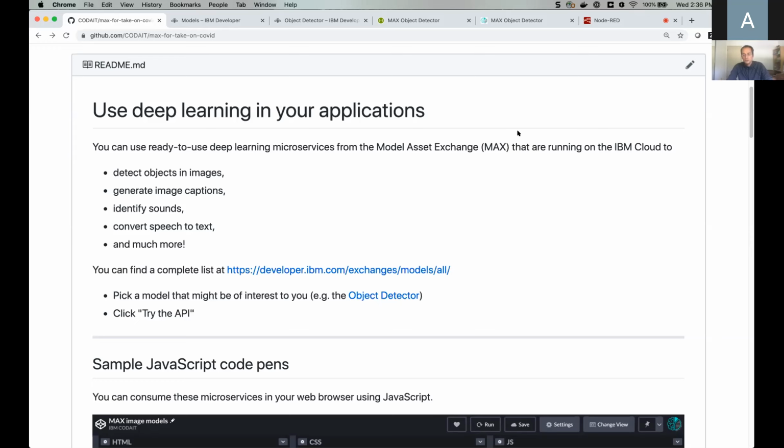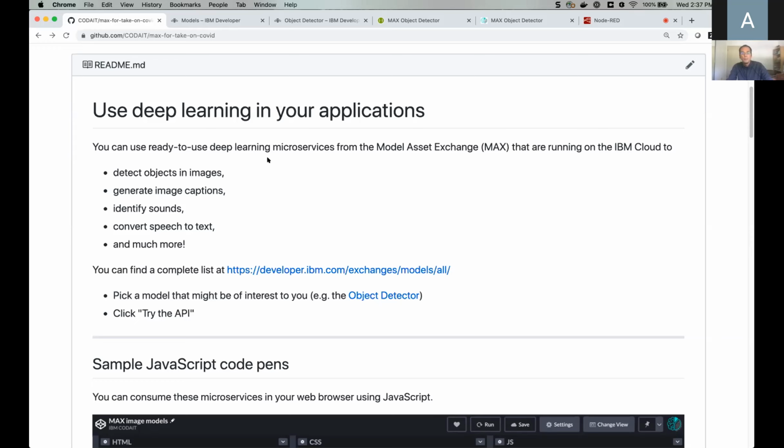The microservices that we have developed, open sourced and published on GitHub use what's called a REST API. The one thing that you should know about this API is that it's programming language agnostic. So no matter what programming language you use, as long as you can use it to call this microservice, which is running either on your local machine or on the cloud, you will be able to leverage those services.